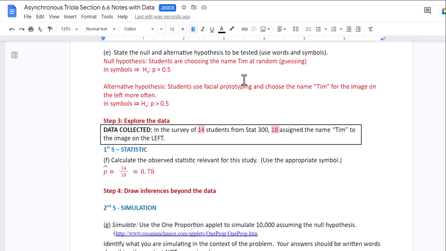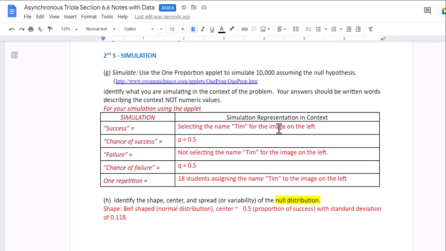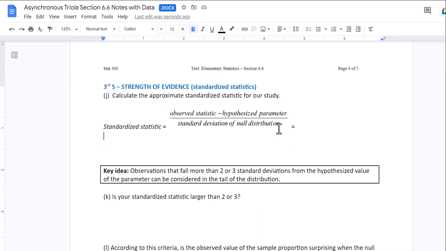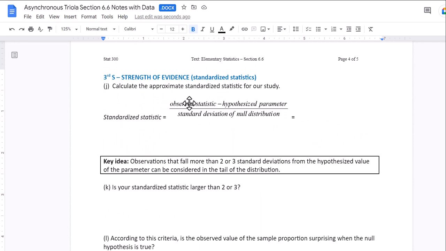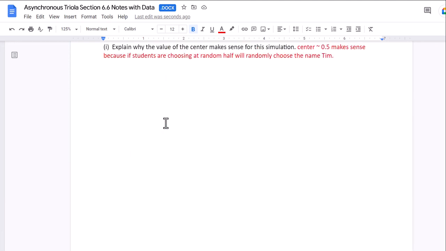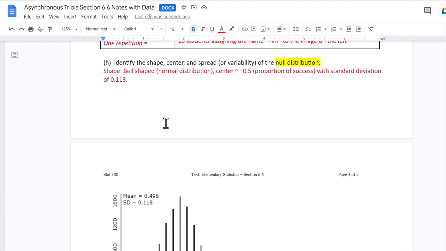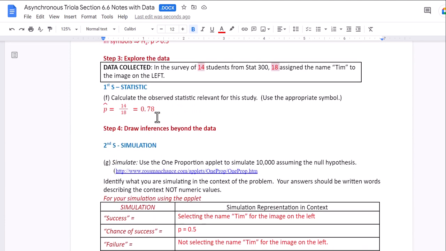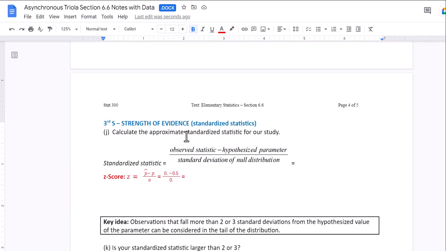So going back to our results, we have that 14 students out of 18 assigned the name Tim to the image on the left. So that is our observed statistic. That is our p hat, 14 out of 18. So essentially, our z-score is p hat minus p divided by the standard deviation. So what was our p hat? We just wrote it up here. Our p hat was 0.78, our statistic, right? 14 out of 18. So 0.78